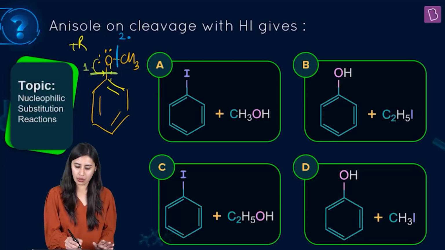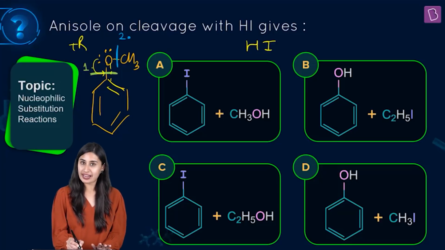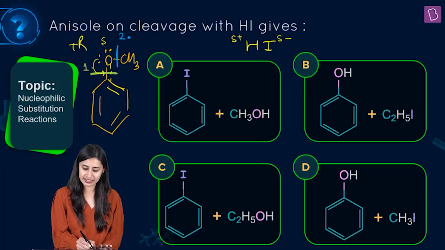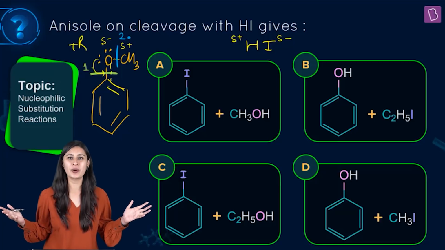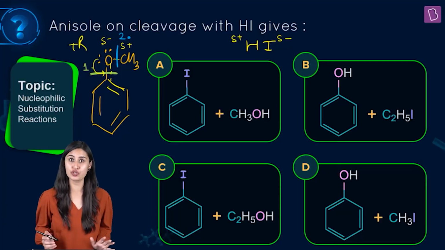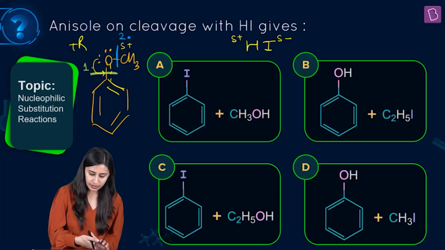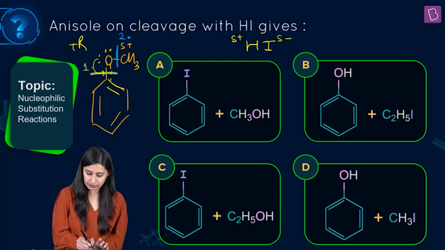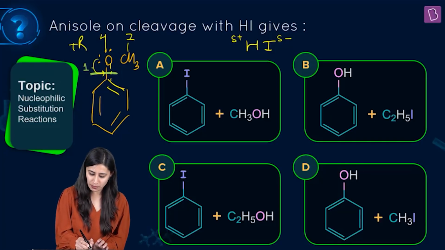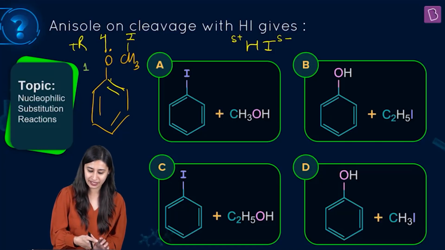And if it does, you know how we can write HI. H with a delta plus, I with a delta minus. Oxygen, you know that there is delta minus. With carbon, we can write a delta plus. Opposite attracts all through organic chemistry, which you know by now. So, with minus, put a plus. So, with O, we will write H, and with the CH3 we will write I, so that the 2 products that you get out here are phenol and methyl iodide.